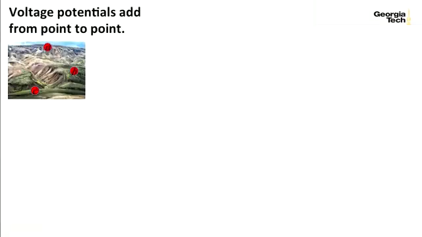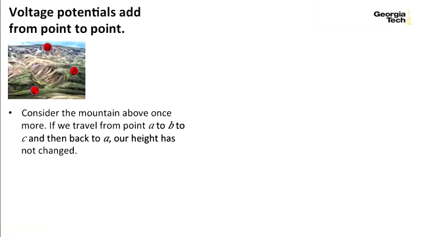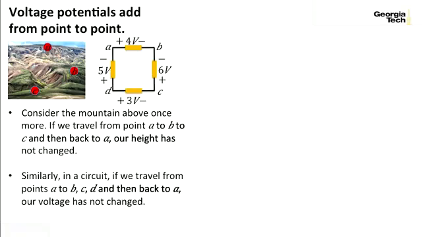Another important thing to remember about voltage potentials is that they add from point to point. Now consider the mountain above just once more. If we travel from point A to B to C and then back to A, our height has not actually changed. Similarly, in a circuit, if we travel from A to B, C, D, and then back to A, our voltage has not changed. And that's because the voltages add from point to point. So let's look at this circuit